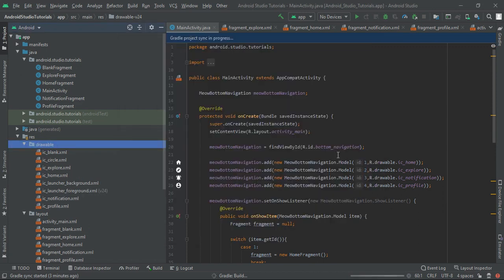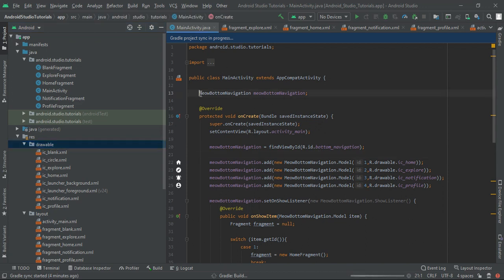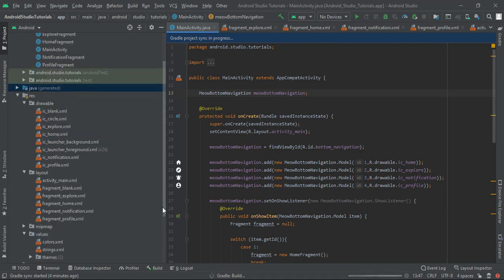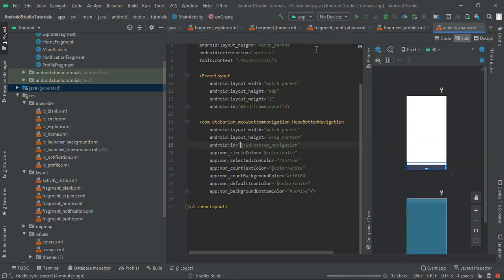Next I am going to move down and move to the MainActivity.java file, because in this only we are going to do all our work. First you can see that I had included the Meow bottom navigation, so bottom navigation drawer. Now let me show you our activity main file, where we are going to replace all fragments and add this bottom navigation. So I am going to press Ctrl B.